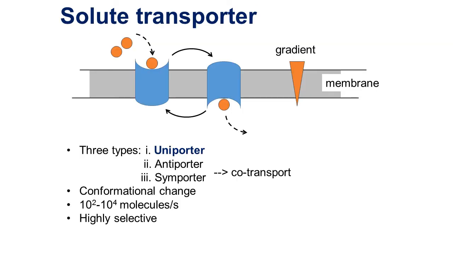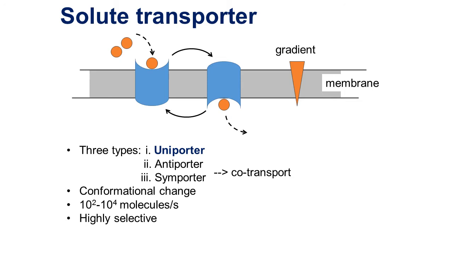The second class of membrane transport proteins are the so-called solute transporters. And again, there are different types of solute transporters. So here in this scheme is the uniporter. We'll talk about the antiporter and symporter in a moment. A uniporter will bind a molecule that will be transported on one side, and then some kind of conformational change is required for the molecule to be transported to the